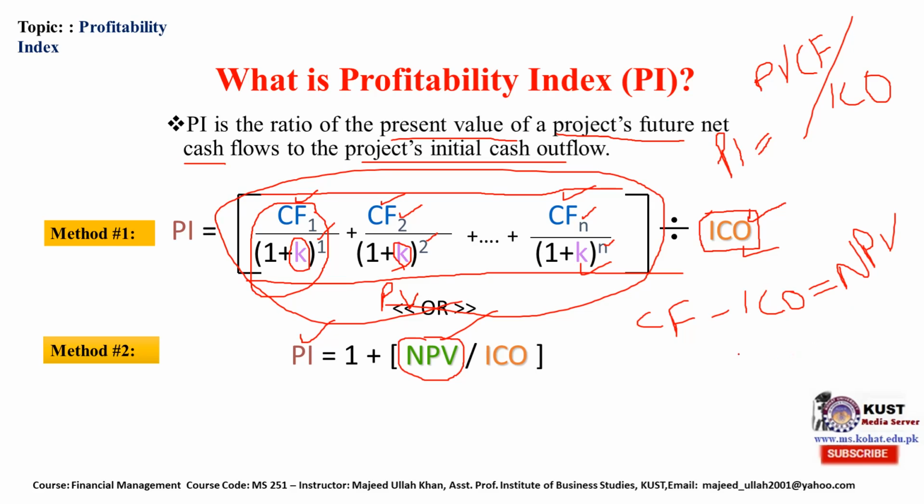So this is NPV. So 1 plus NPV divided by ICO is also a second formula we can use in order to calculate the profitability index. But this formula is used rarely. This formula is often used in the calculation of profitability index in academic classes. Moving further,